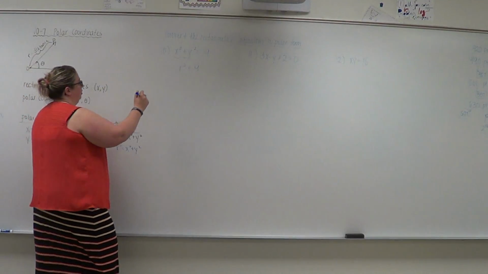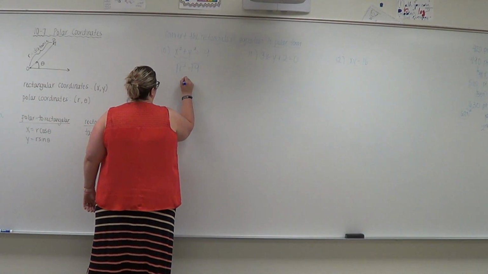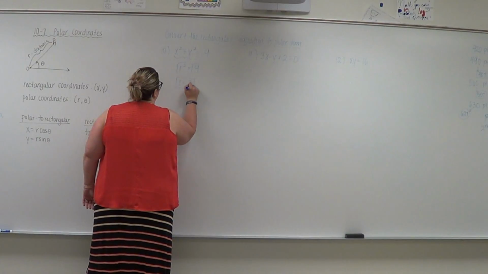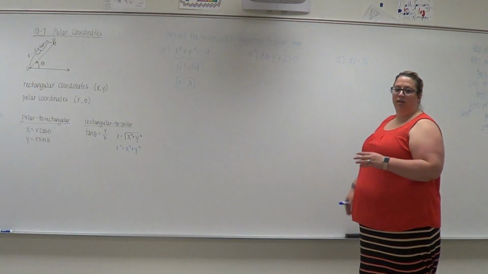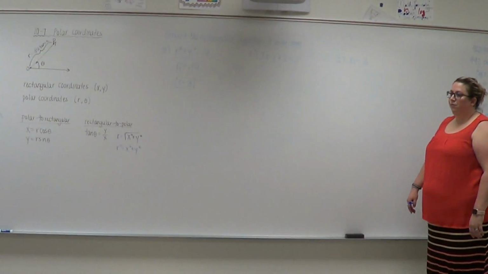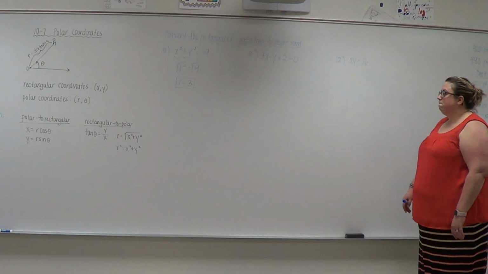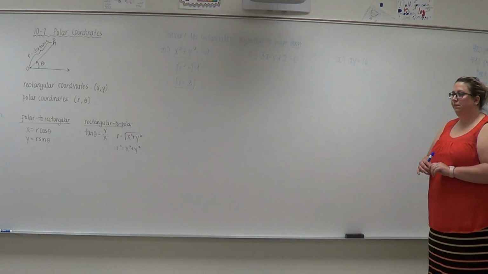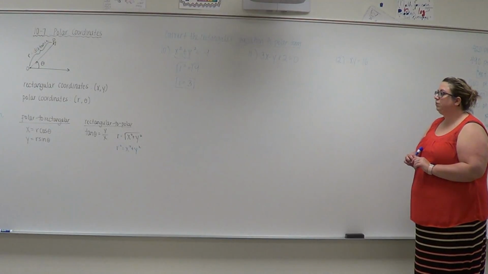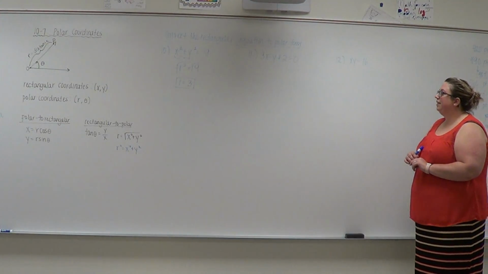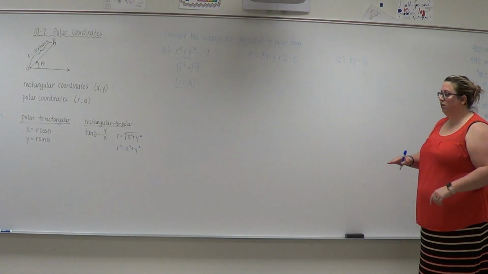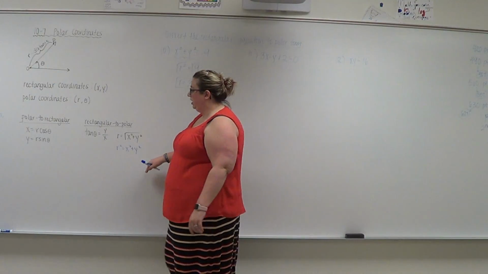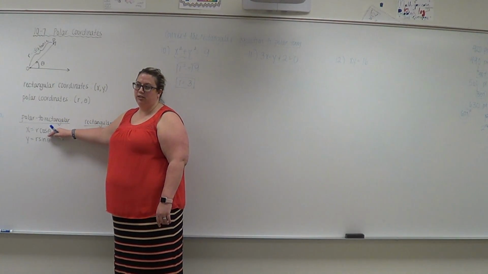equal to 9, and then how would I solve that just for r? Square root it. So then r equals plus... Okay, you do not have to do plus or minus on these because this is a distance, and distances aren't negative. Okay, so if they're squares, always look at this equation. Otherwise, if they're just x and y, we're going to replace them with r cosine for x and r sine